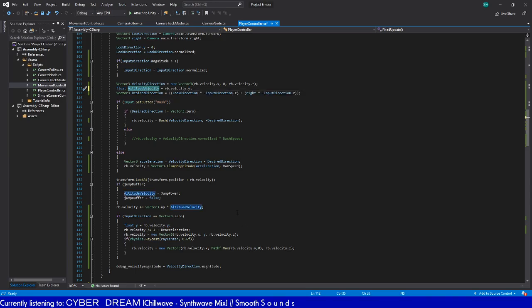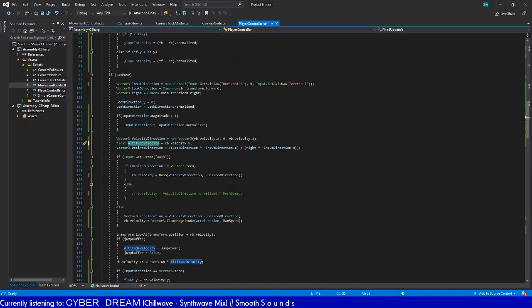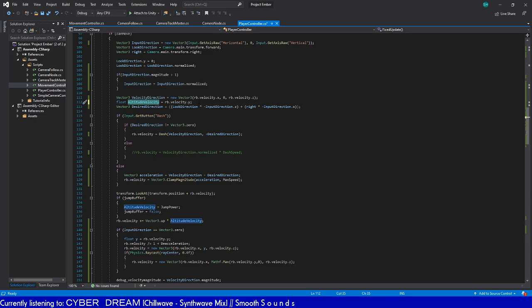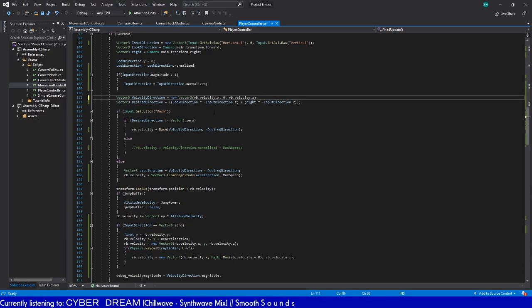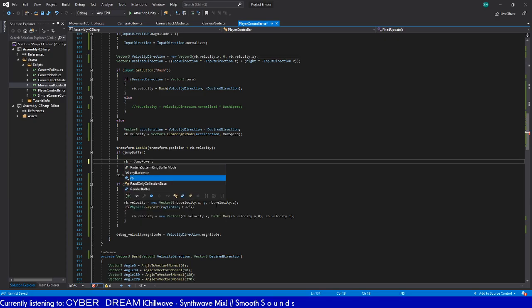Do I even need this anywhere? I think this might be a redundant variable that I can get rid of. Because yeah, it's initialized here. I don't think I actually need that. I think I can just, why don't I just set rb.velocity to be plus equals Vector3.up times jump power. And then